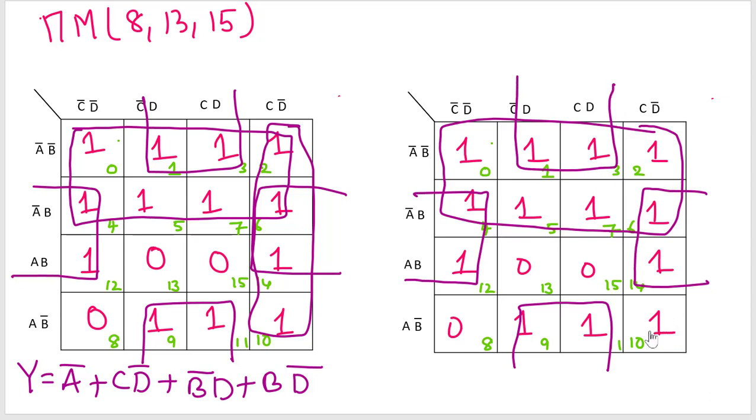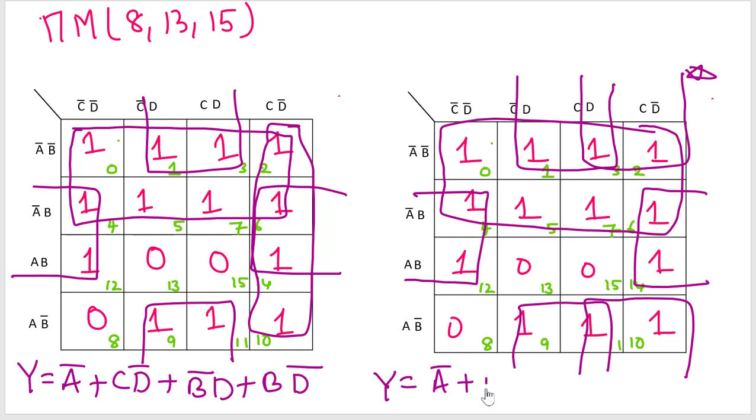Now there is one more remaining one, so you can form a pair, but instead of forming a pair you can form a quad by making these 2 ones and these 2 ones a quad, so this is a new quad which we found previously. We have taken this to cover this one as one quad. Now we have taken one more quad in the other way around, so that all the ones are covered. Now if you write the expression for output, for the octet Y equals A bar, for this quad B times D bar, and for this quad